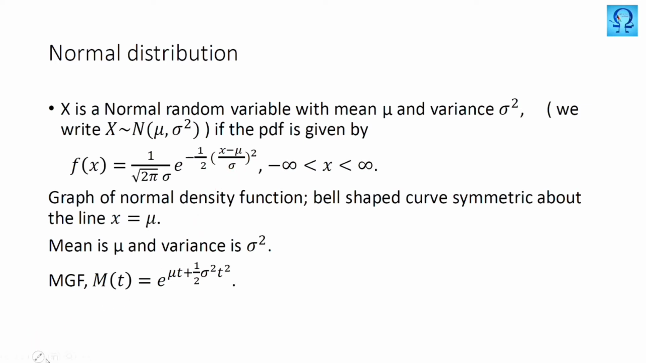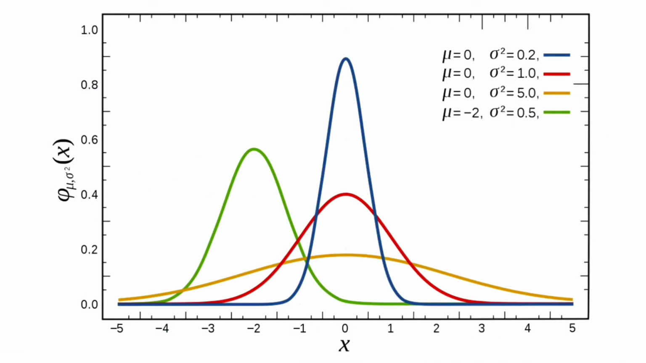Now we will try to derive the MGF of this one. Now that we know the mean and variance, still we will try to derive the MGF. Our density function is what? It is 1 upon under root 2 pi multiplied with sigma. Sigma is outside the under root, and exponential of minus 1 upon 2 times (x minus mu upon sigma) whole square,